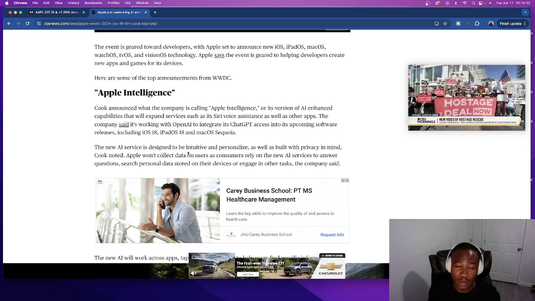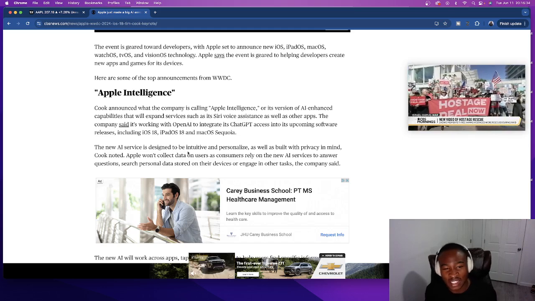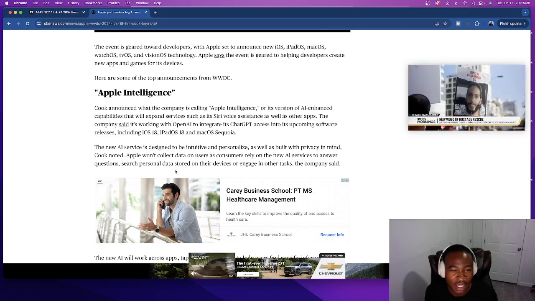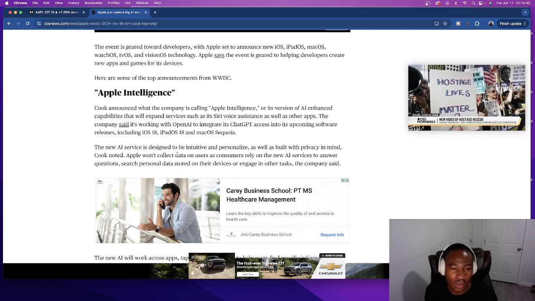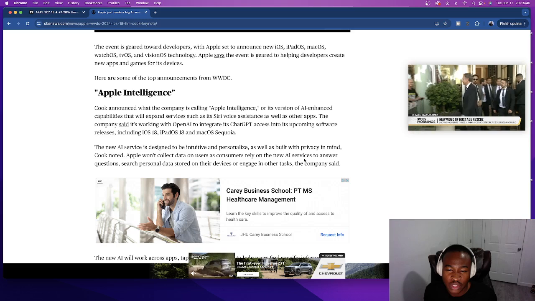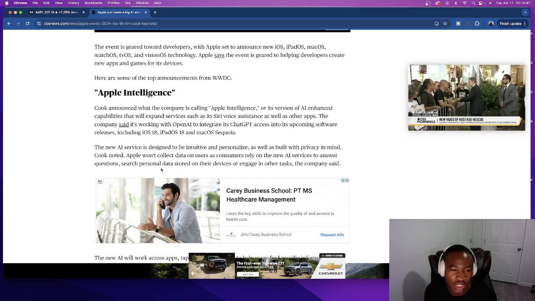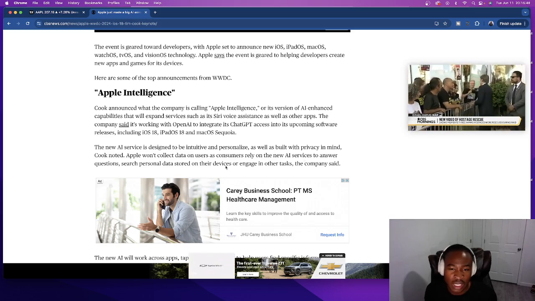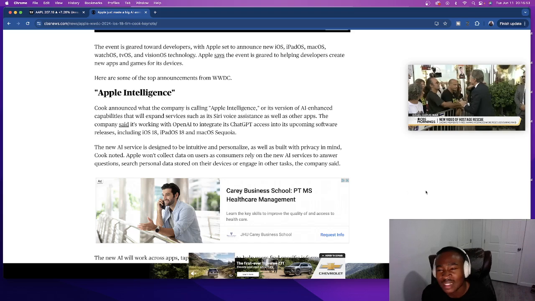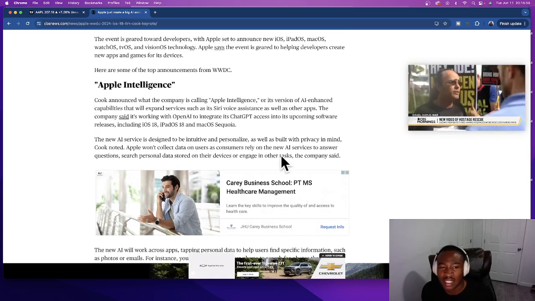Okay, so this is what Apple says all the time. They won't collect your data. They won't do this and that, but they still do collect your data and stuff. Apple won't collect data on users as consumers rely on the new AI services to answer questions, search personal data. But basically, it makes life easier for people,